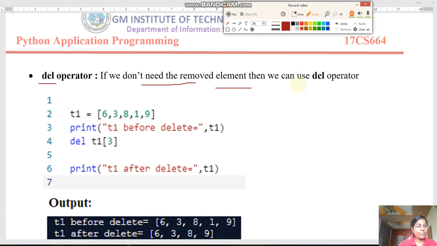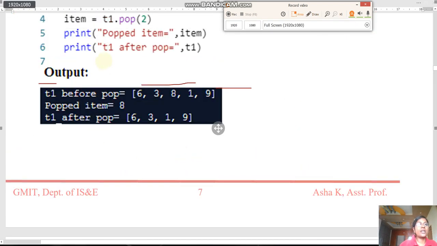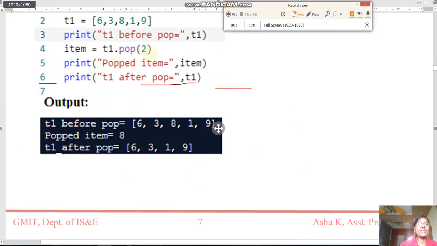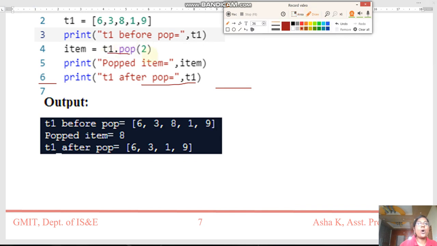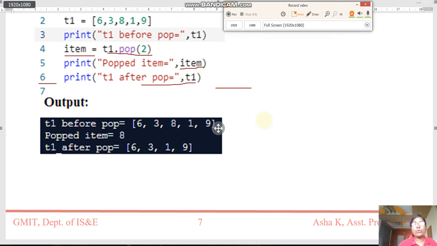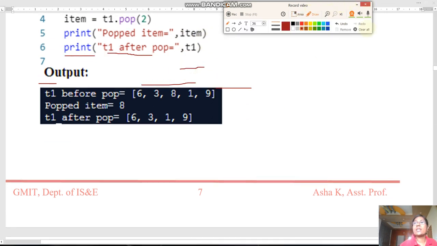See the previous program. Here we are using the removed element. The popped element is assigned to the variable called item, and that we have printed. Okay. So when we have to use the delete, so